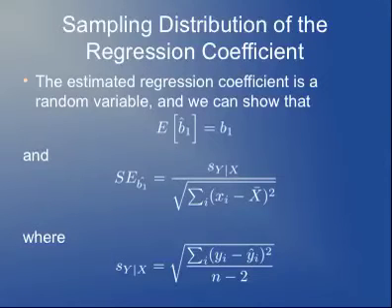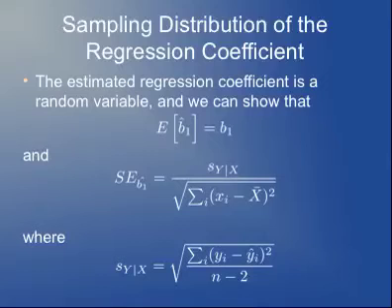So, it can be shown, I won't bore you with the details, and for the purposes of this class, this isn't something that you will need to remember, but you can show that the expected value of the regression slope B1 hat is equal to the population regression slope. In other words, the standard least squares regression estimate for the slope is an unbiased estimate of the population slope,